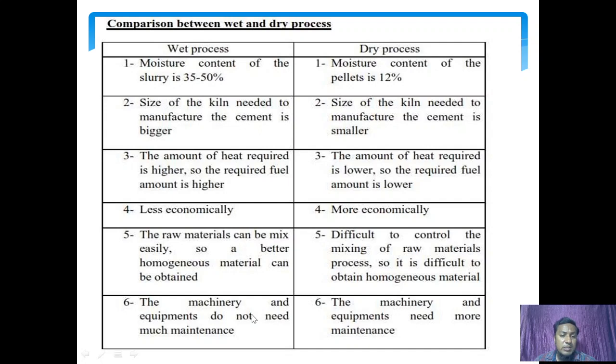The machines and equipment used for the wet process need less maintenance, but for the dry process the machines and equipment need maintenance because it is difficult to mix raw materials with less moisture content, and obviously it requires less fuel.